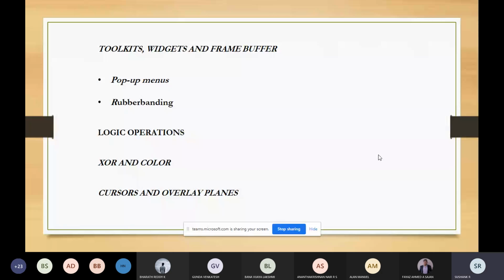How can we denote that? If we have a source pixel represented by s and the destination pixel denoted by d, the operation will be destination exclusive OR source, in the exclusive OR mode. So each bit of the pixel will be combined by using the exclusive OR logical operation.